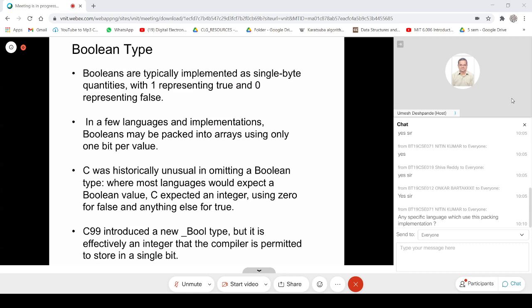So it gives flexibility to the compiler to use one bit of that integer. So it's an integer, remember. Now if we have a 32-bit machine, then we are actually using 4 bytes to represent one Boolean. And if it's a 64-bit machine, we are using 8 bytes to represent a Boolean.